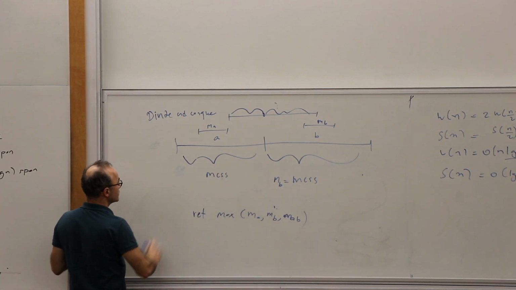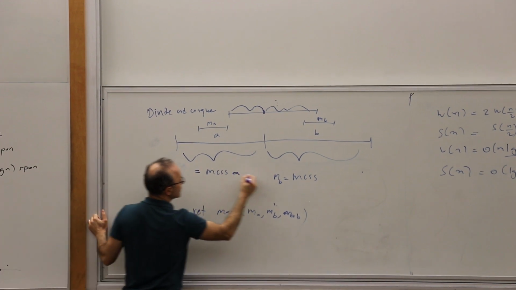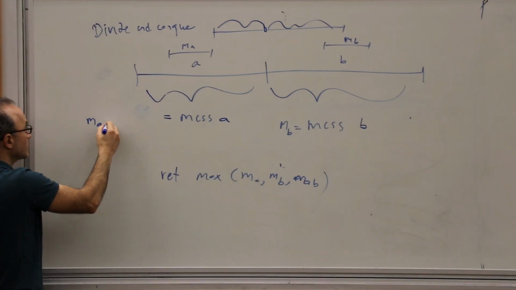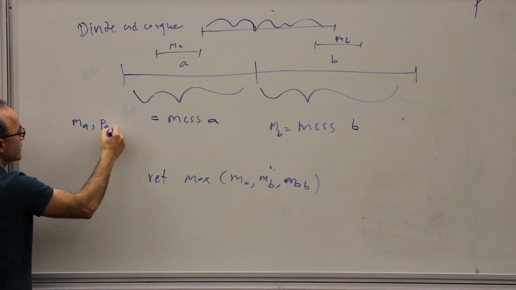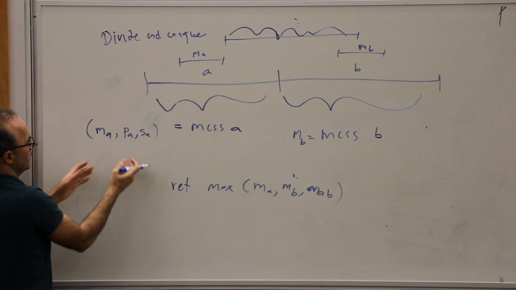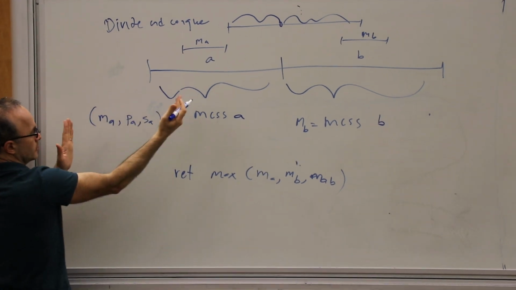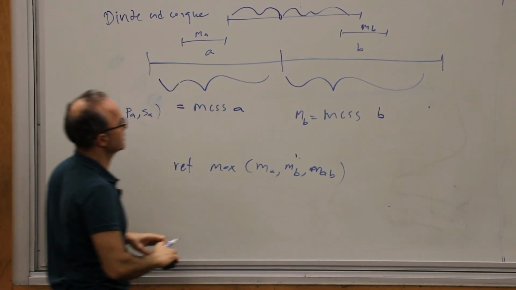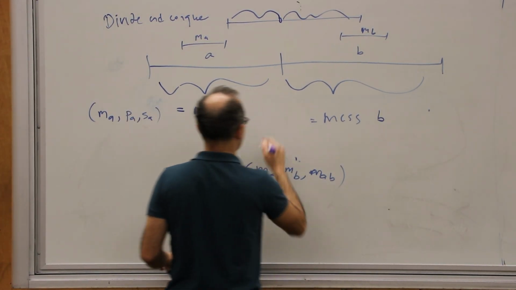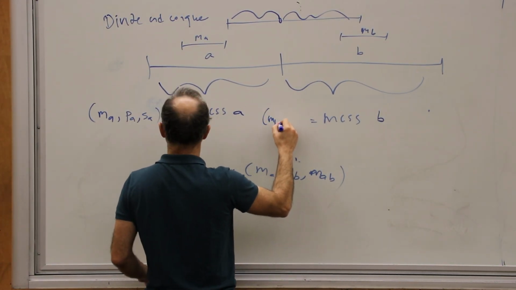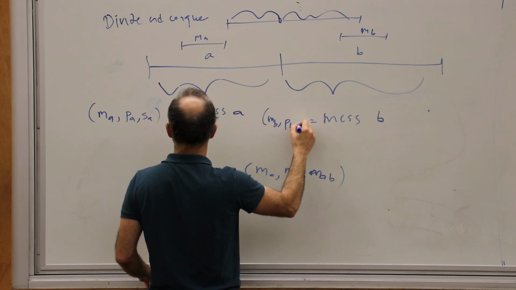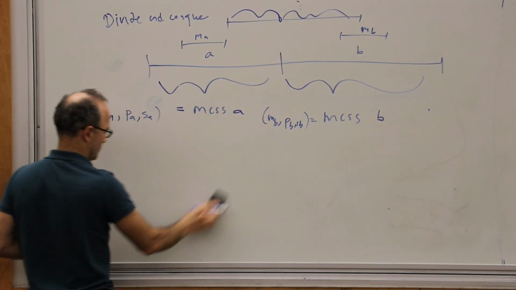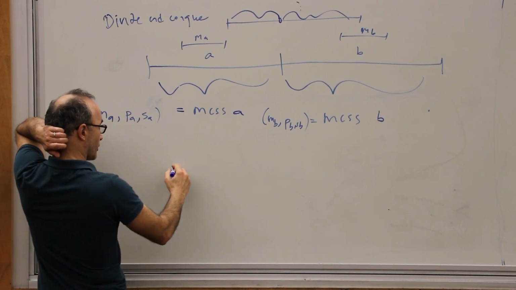What we want to do is each MCSS is now going to return the max and also a prefix and a suffix. That means the maximum prefix and maximum suffix in that sequence. And this one is going to return likewise MB, PB, SB. And recursively, okay, what we're going to return is